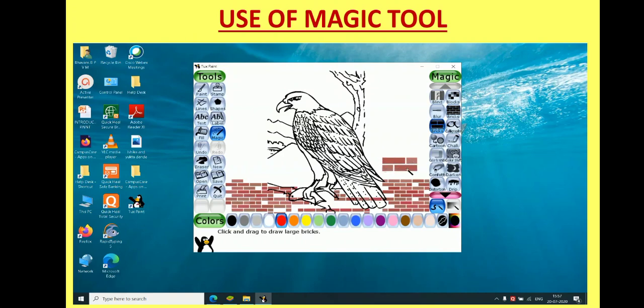You can make bricks of larger size. You can always undo the action that you don't require. If you click on this calligraphy tool, then with the help of mouse, you can write letters in your drawing.